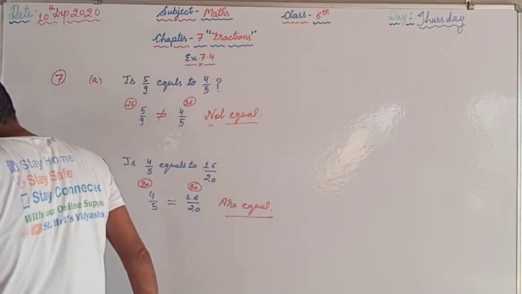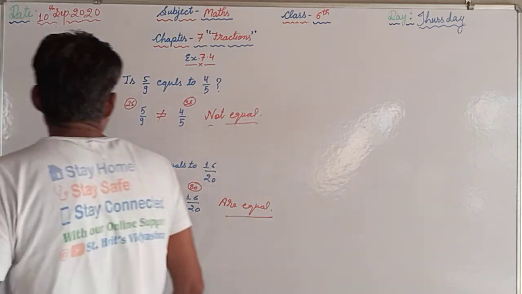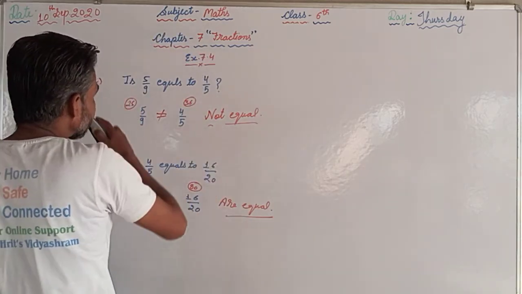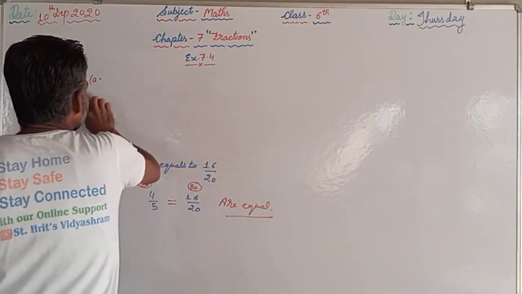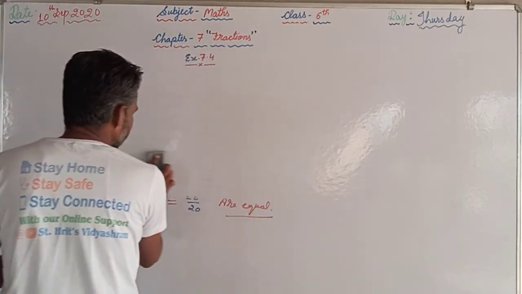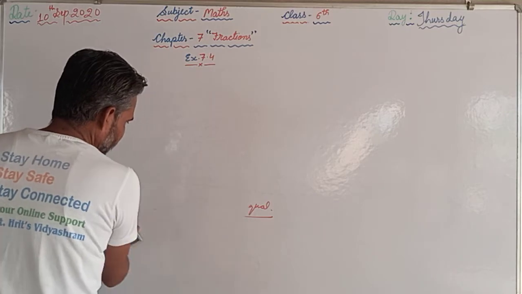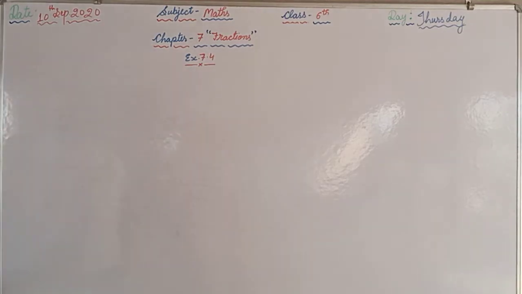So like this you have to proceed. Two parts we have already checked, B and D you have to check. In the meantime you should read the question. As I am rubbing the board, because I told you previously that while watching the videos you should have your textbooks with you, so that you can also read the questions and understand what we have to do in that particular question. After this, questions number 8, 9 and 10 are word problems.